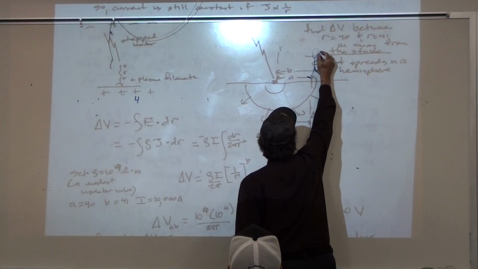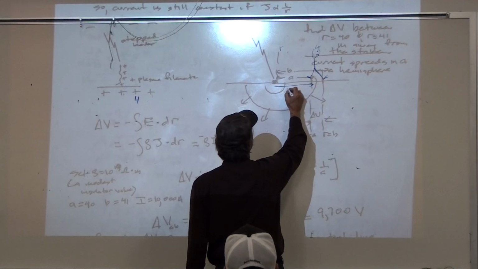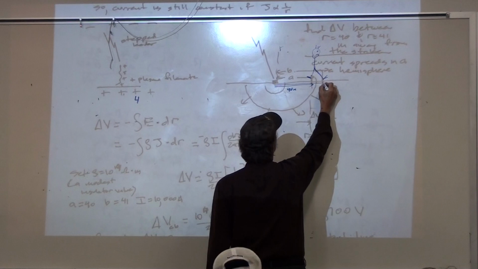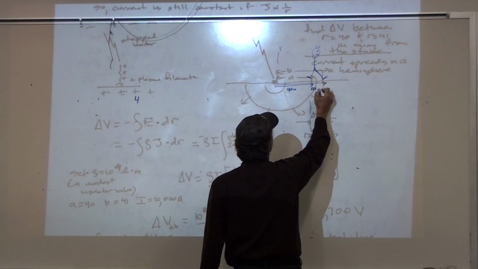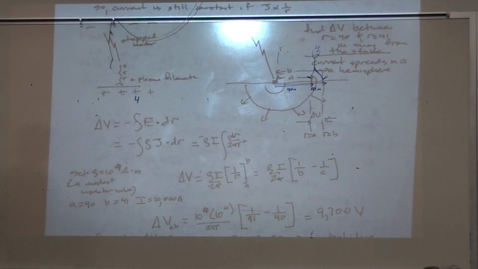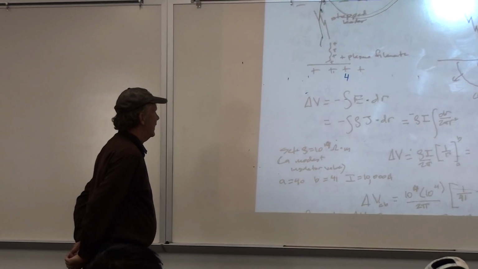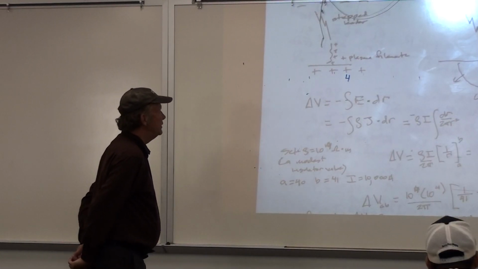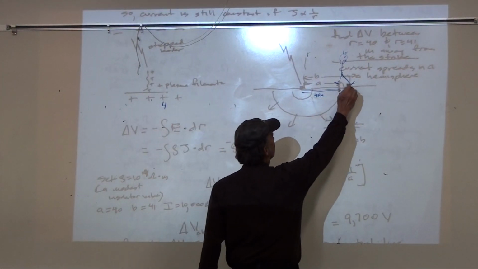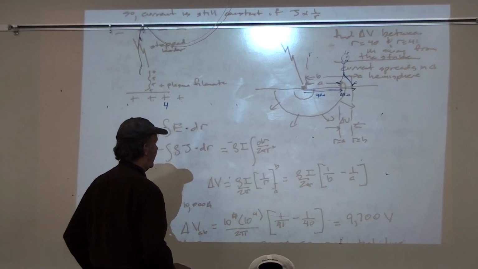Really worried and running in that direction. Let's say this direction, this is 40 meters away, and your front foot is 41 meters away, with the resistivity of the ground being 10 to the 4 ohm meters. Okay? Let's figure out what the voltage difference is across your feet here as you're running away if we have